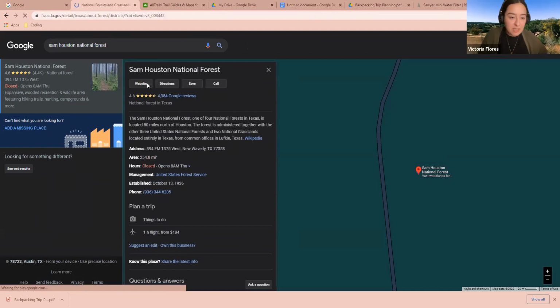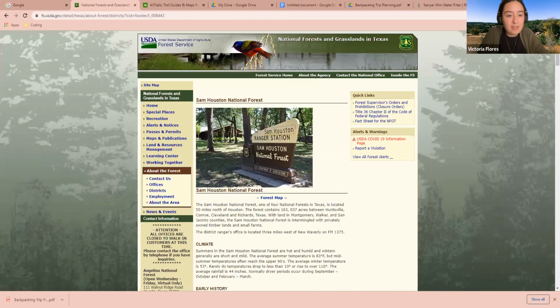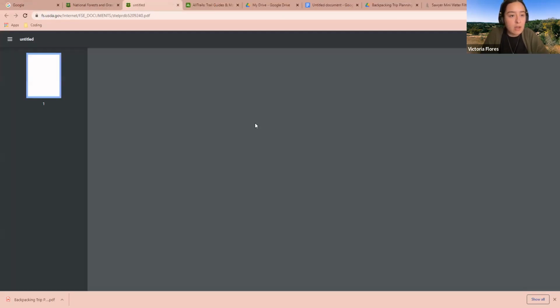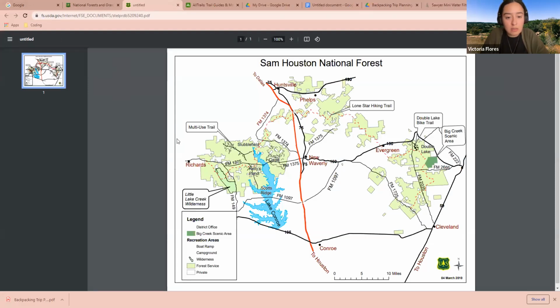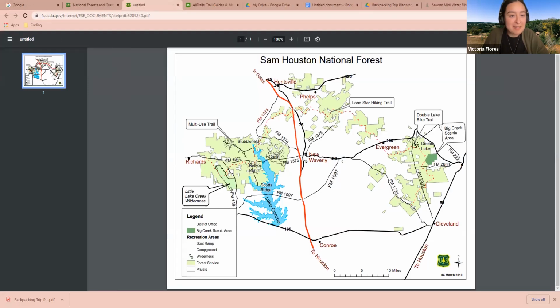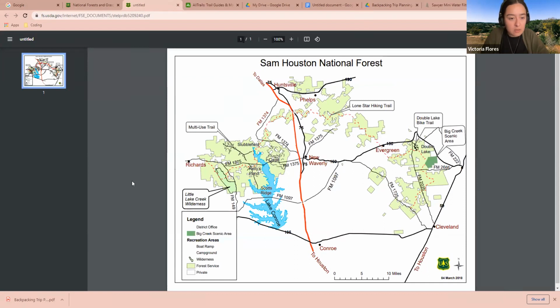And we can go click website and okay, perfect. Okay, so I did click on, we can check out the forest map link that they have there right under the image. I don't know if you see, yeah, right there. So I was taking a look at this one. This is not a very good trail map, in my opinion. So let's see. Okay, let's go back to the homepage.